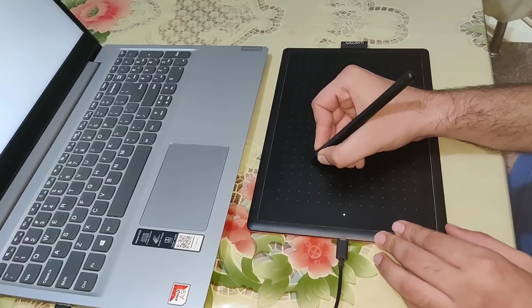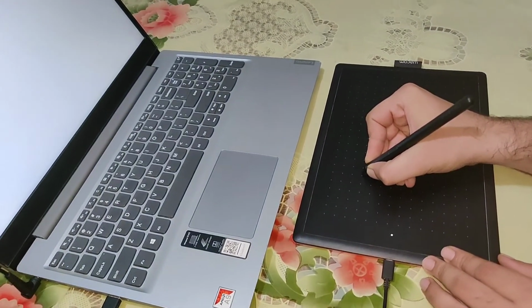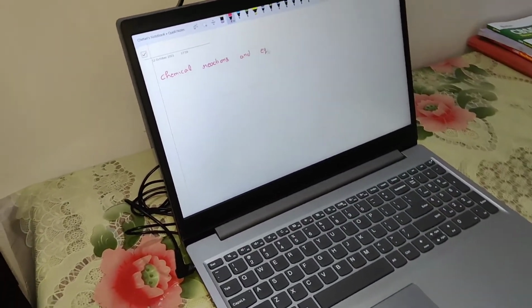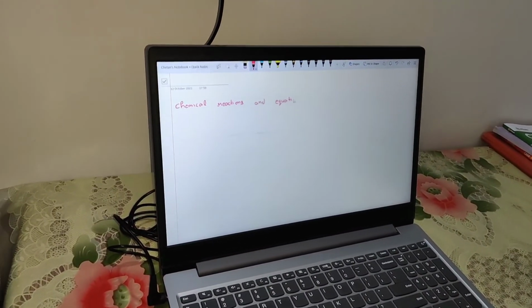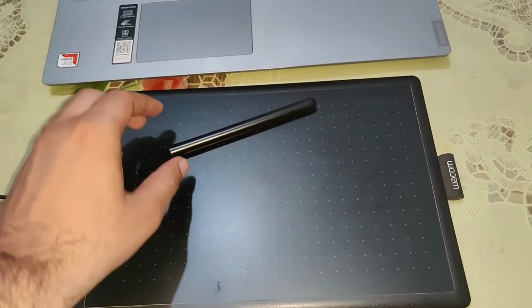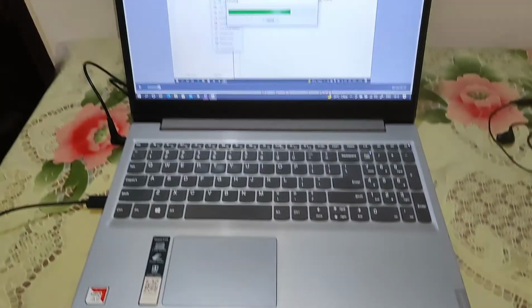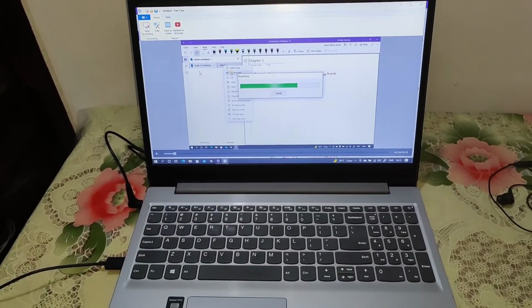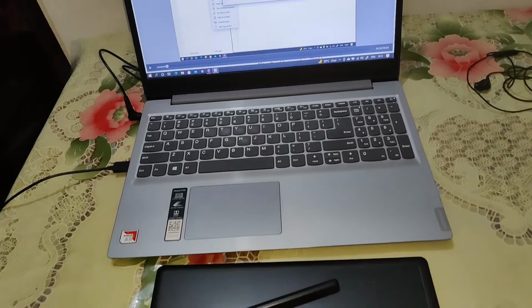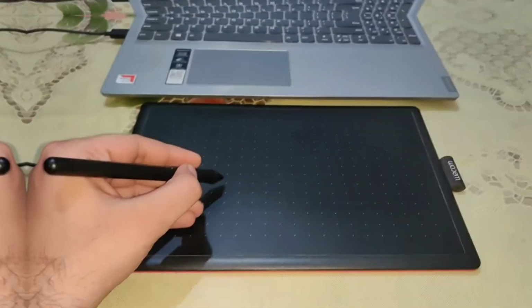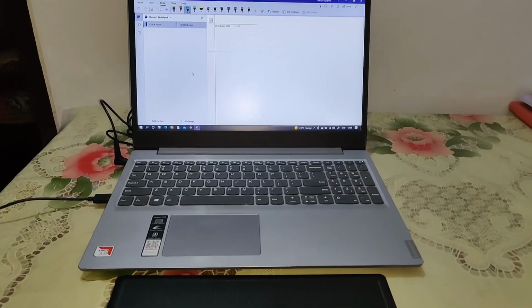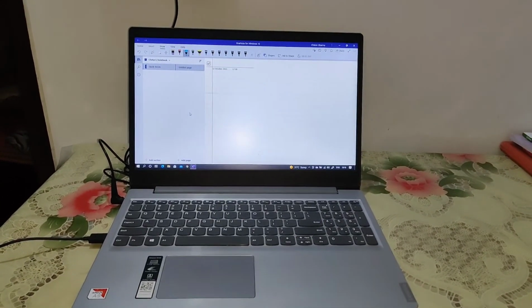Hello friends, today we are going to learn how we can take digital notes using our laptop, without using expensive iPads. I'm taking digital notes on my laptop, which cost me around 23,000 rupees, roughly $350, and I'm using a digital pen tablet, or we can say a graphic tablet by Wacom, which cost me 6,000 rupees, or I can say $90. So without any further delay, let us start.